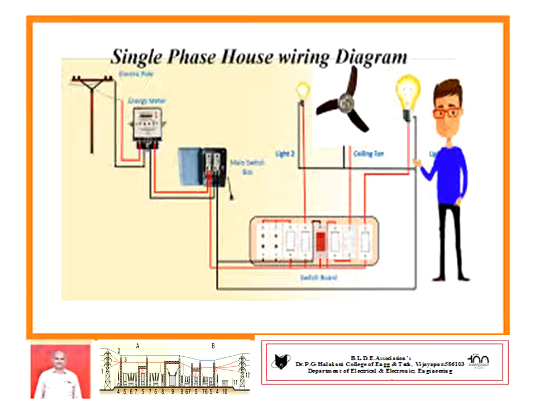After the meter board, the wiring is done with one phase wire and one neutral wire. You see there all the electrical loads: a fan, a lamp, a mixer. One neutral connection and one phase connection are given through the switches. A switch is a contact. When the switch is on, it makes contact, the circuit becomes closed, and the lamp is on. When the switch is off, it creates an open circuit, there is no flow of current, hence the lamp is off.